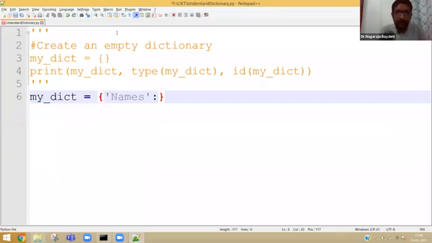Now when you give a colon, whatever you write before the colon will be the key. And after the colon, for example, I am giving in a dictionary a list like Ramesh and Suresh. I think these names are very familiar.